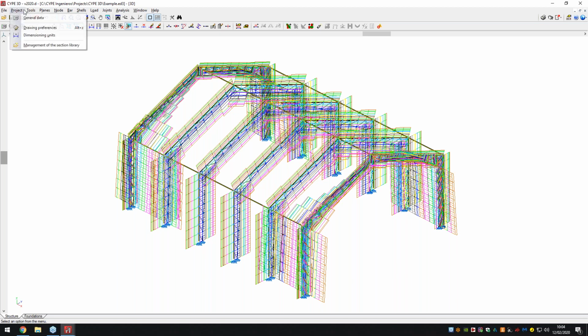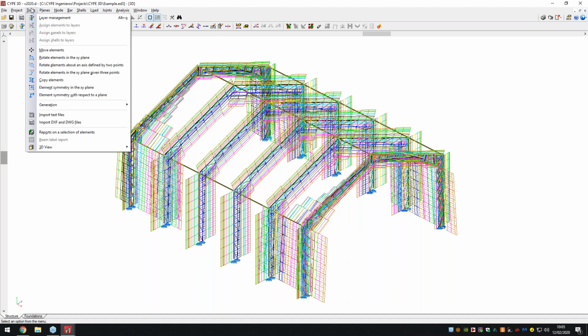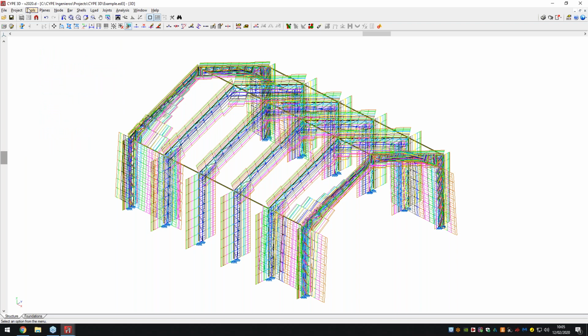functionality here as well. Now, if you were in last week's webinar, you'll see that we've generated our portal frame and used it with CYPE 3D. I can now export my CYPE 3D model into CYPE CAD and then combine it with my concrete structure. So in terms of functionality there, if we go back to our